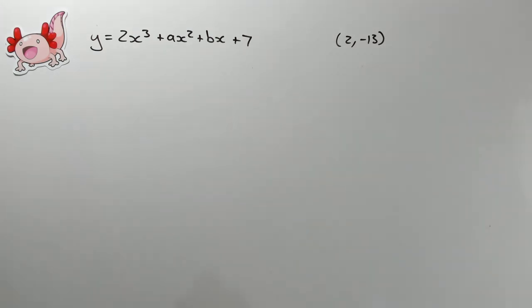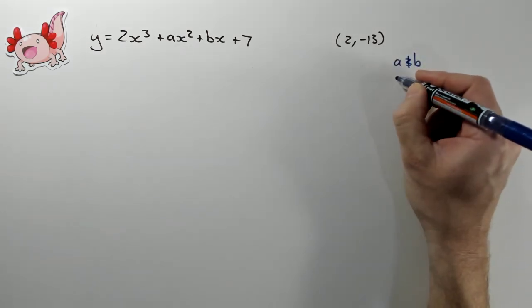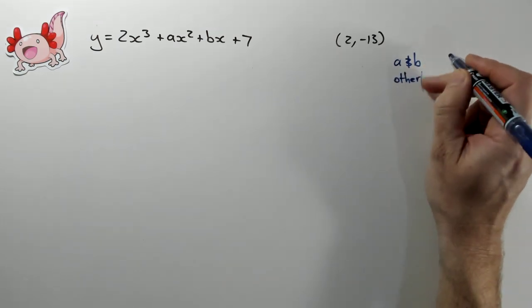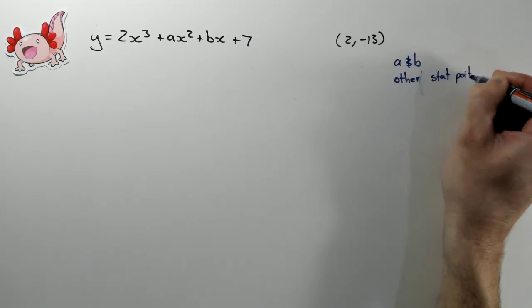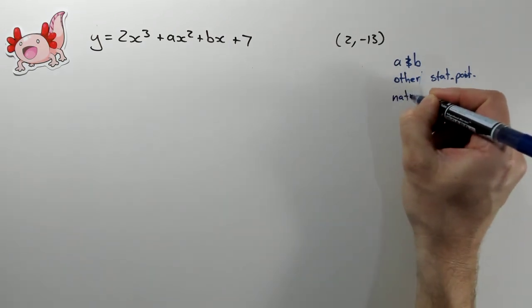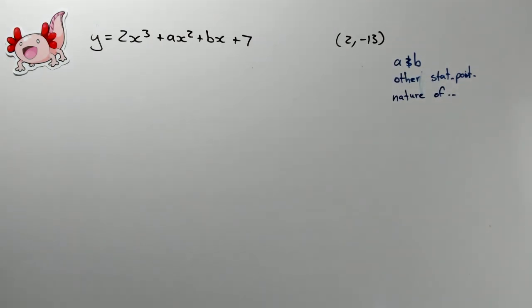So let's just do a little write up here of what we need to find. So we have to find A and B. We find the other stationary point. I'm just going to say stat point for myself, if I can spell that. Other stationary point. They're also saying the nature of both points, and the nature of the stationary point, and then